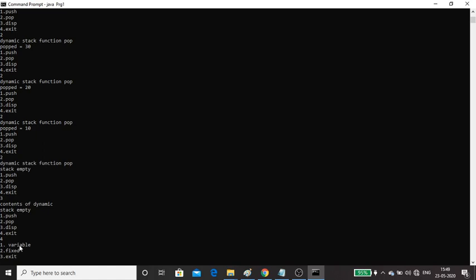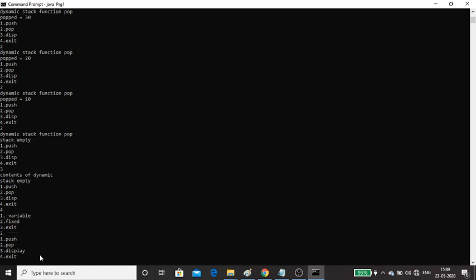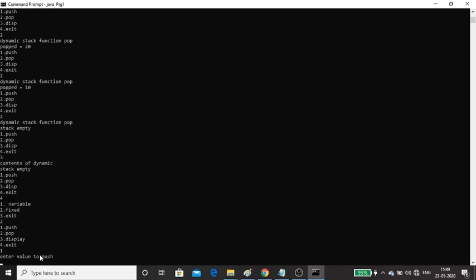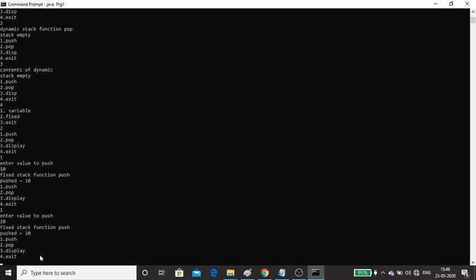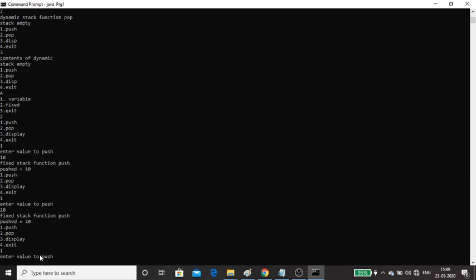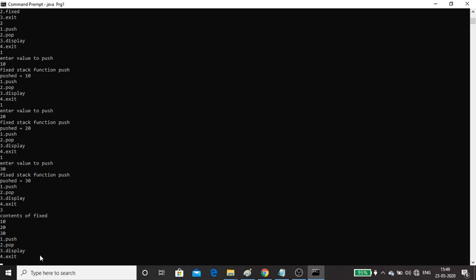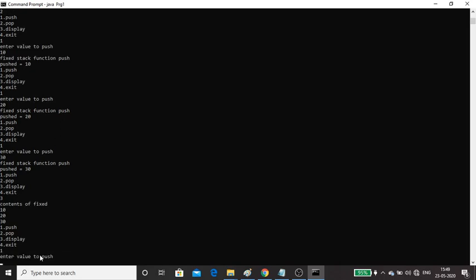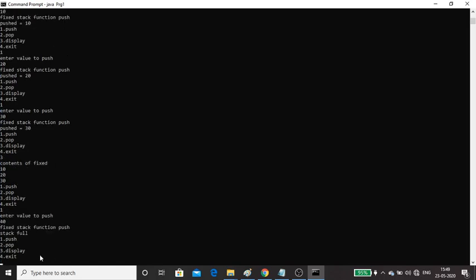So I got the message again, variable, fixed, as well as exit. If you want fixed, you go with 2. How to perform the push operation? Press 1. So press 3 for some values. I enter 10, again I enter 20, again enter 30. The size is 3, so I entered 3 values. Suppose you perform the push operation one more time, now you'll get stack full. Why? Because this is a fixed length. You can't enter more values. If the size is 3, the maximum I can enter is 3 values.